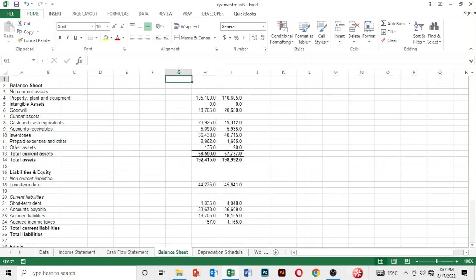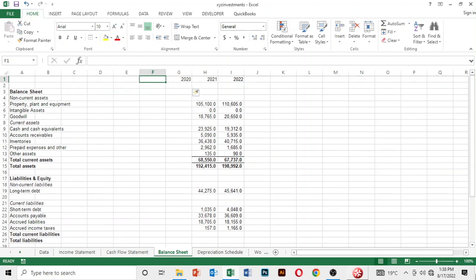So let's go back to the balance sheet and let's put 2020 there. Then we're gonna do this, +1, then it's gonna be 2022. So let us bold that, but before we do that, let's add another row here. So I'm gonna say Alt HIR, and then I'll write XYZ balance sheet. Okay, I'm just gonna write consolidated balance sheet,